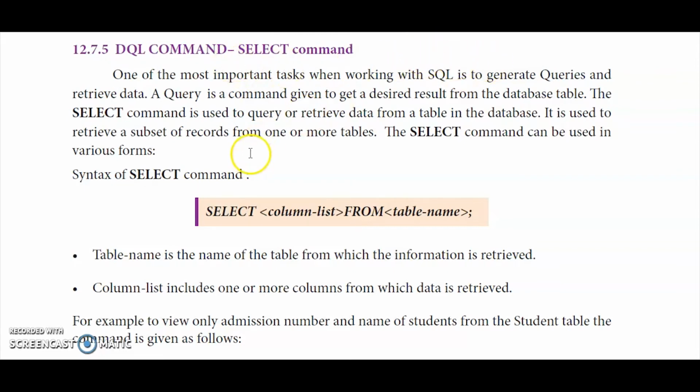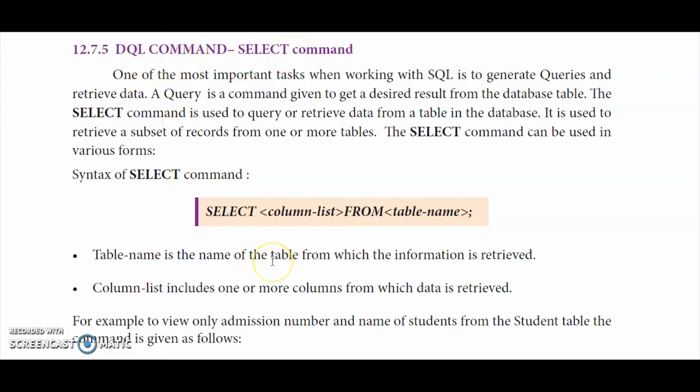In the last video I have shown you this select command: select star from student, select star from STUD. Like that, if you give it, it will retrieve all the records of that particular table. So the select command comes under the category of DQL command. Select star from STUD, all the records of the STUD table, it will show to you. So this is the one command we have seen, and the select command is the one command which comes under the DQL command.